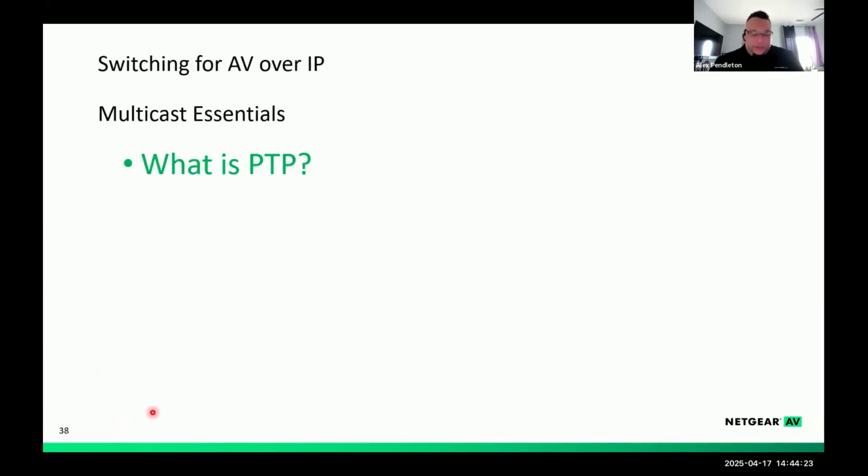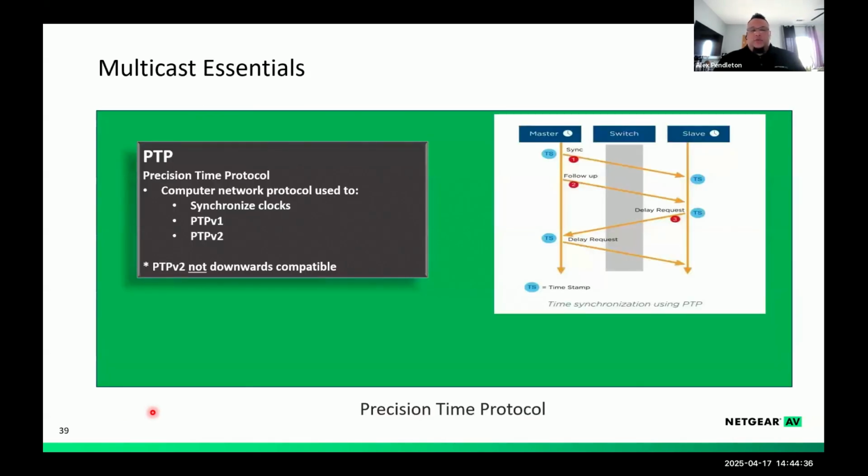Okay, so I'm going to move on into PTP and get into a little bit of the specifics about precision time protocol, what it's used for, what its purpose is, and where we see it mostly. First, it should be explained that 2 types of PTP exist, V1 and V2. That sounds like a progressed version. It is kind of, in a way, but it's not backward compatible. And so it really is a complete different enchilada.